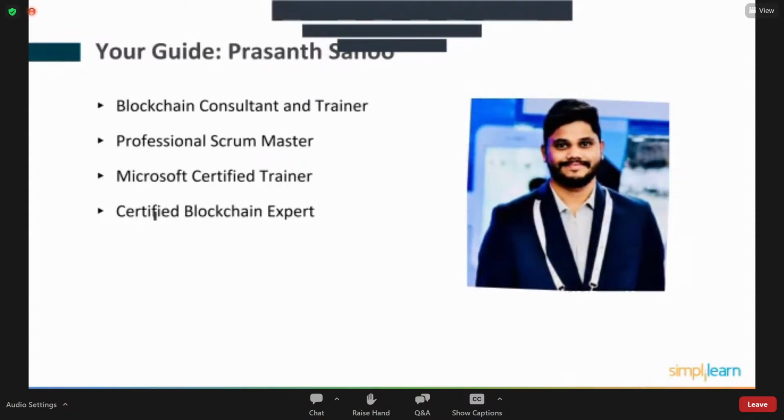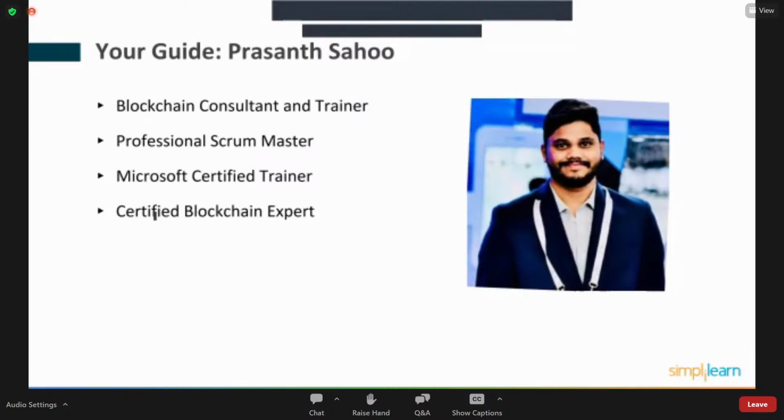I started with Bitcoin, explored more about Bitcoin, and then later I moved into blockchain technology because, as you may be aware, behind this technology there is something called Bitcoin. So I started my journey with Bitcoin trading, and then later moved into blockchain technology. I have a lot of experience creating enterprise level applications, and worked closely with the government of Telangana to create and launch an enterprise blockchain.